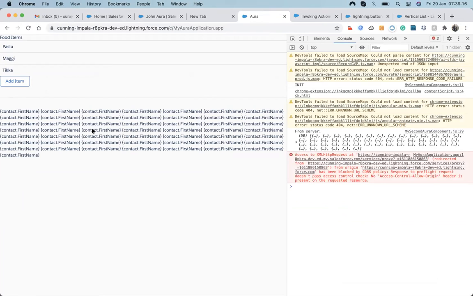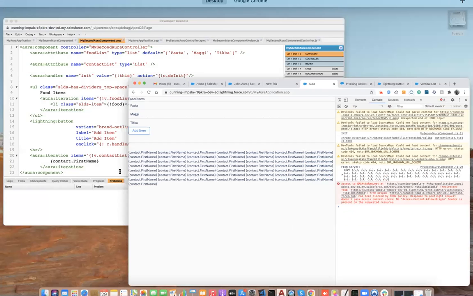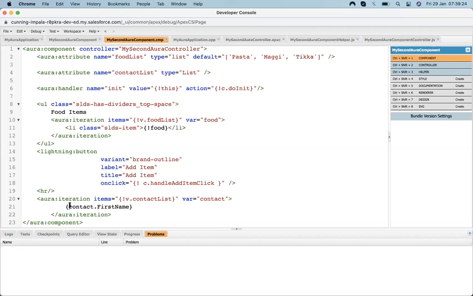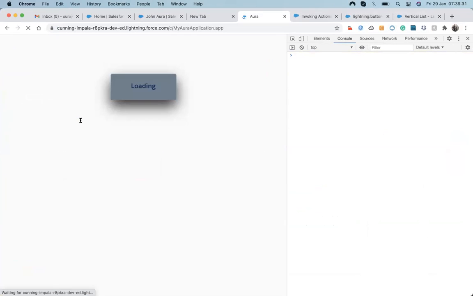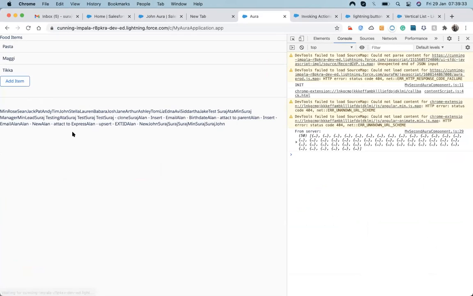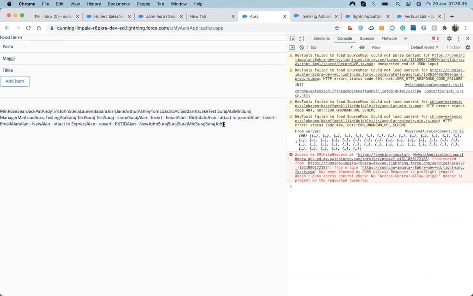Okay, there is some issue. It was not working, it was not displaying the names up here, because I haven't added the exclamation mark. Let's add the exclamation mark. So refresh it. So now you can see that all the names are populating up here. All the names that we are getting from that contact are displayed here, but it doesn't look good. Let's put that name in a proper way.